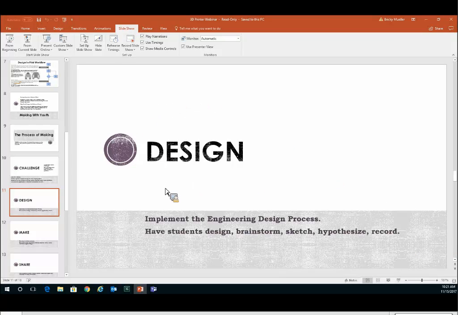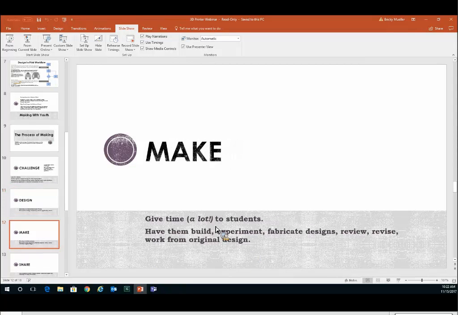And they can do this on paper, they can do it in science or engineering journals. They can do some of the sketching in 3D modeling software on the computer. So there's really a lot of options for that. After you design, again, a nice time to check in with students to check their progress, then give them time